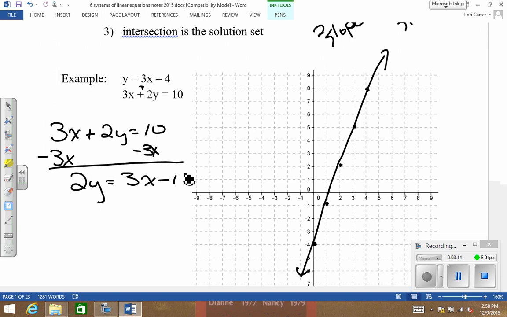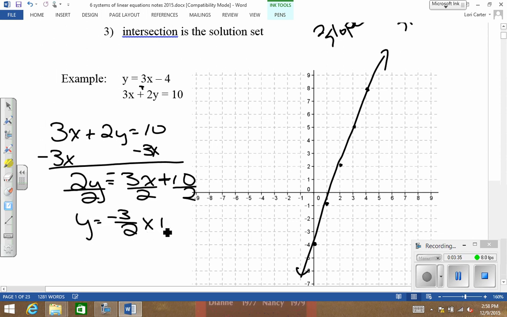I had this all over the place. Be careful with your negatives, okay, people? So negative 3x plus 10. Okay, am I done? No. What do I have to do? Divide by 2. So y equals negative 3/2 x plus 5. Where do I start? Then I go over 2